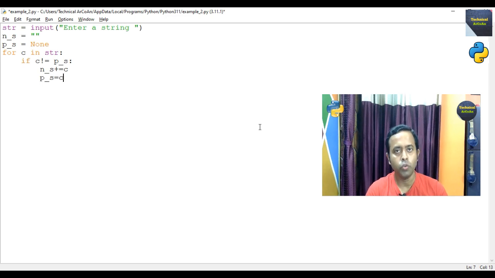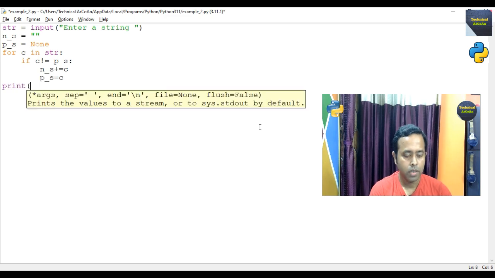That means whatever duplicate element arrives, it will be removed, and the new string only contains the unique letters, right? This process goes on until we reach the last character of the string, and after that we print